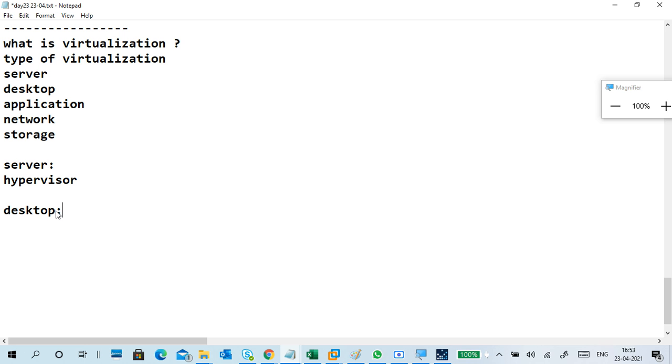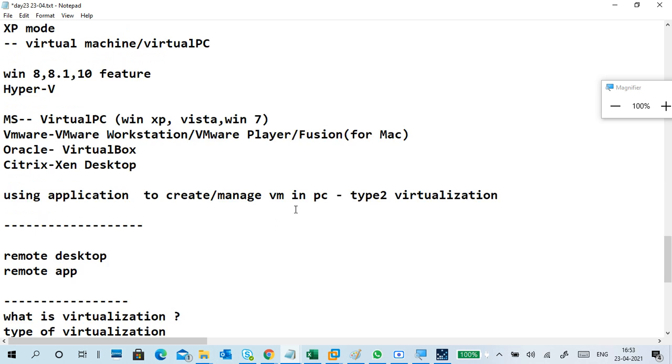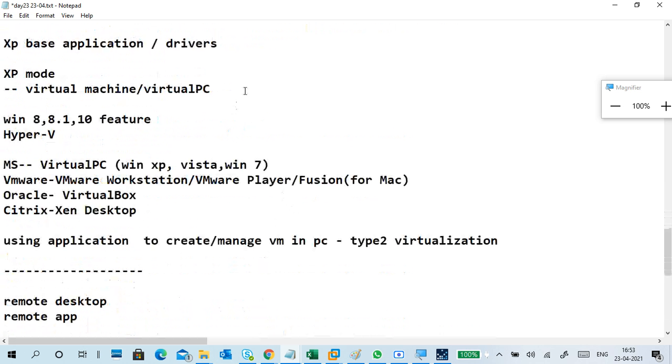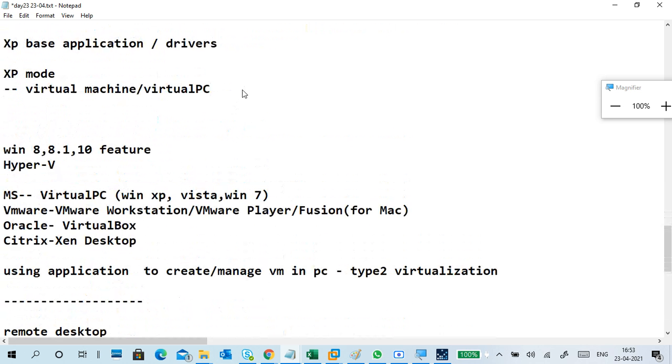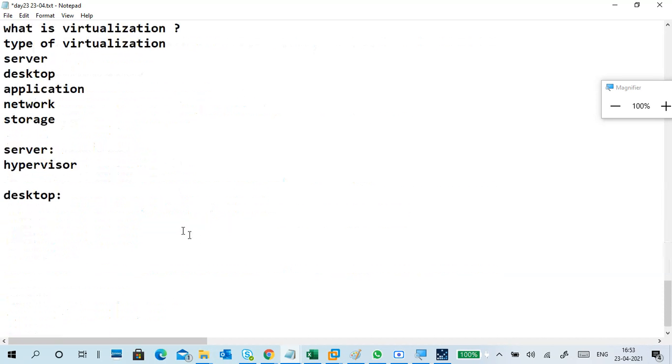And other RDP kind of virtualization, VDI environment, virtual desktop infrastructure, is there. So there is another name, VDI. Find out what VDI is. That is also called desktop virtualization. For pure desktop virtualization, application virtualization is also required.